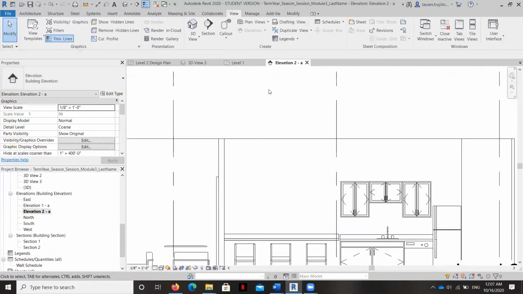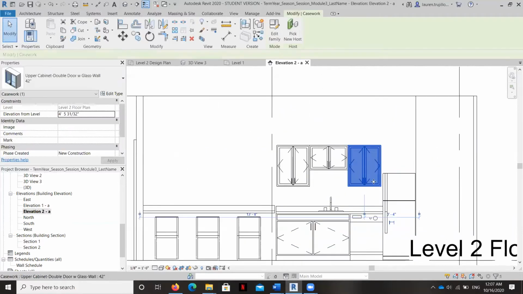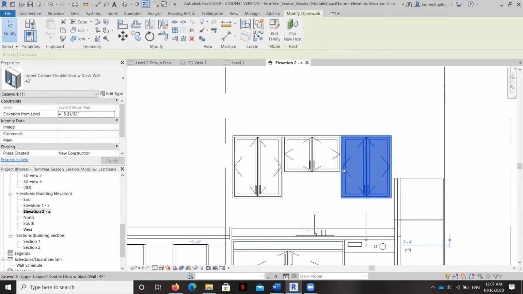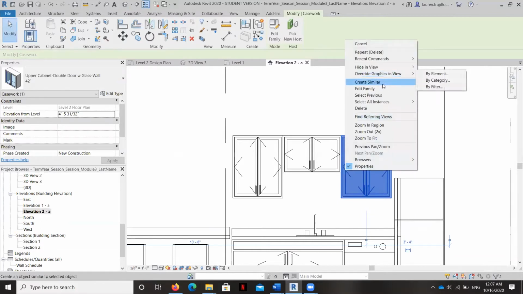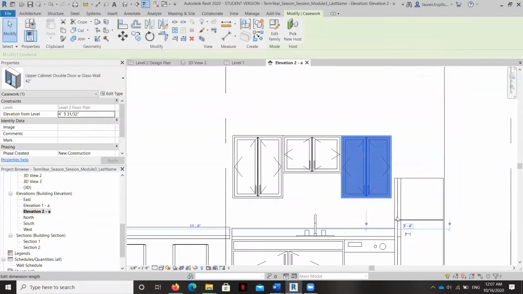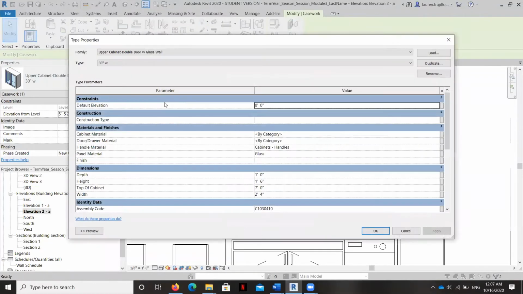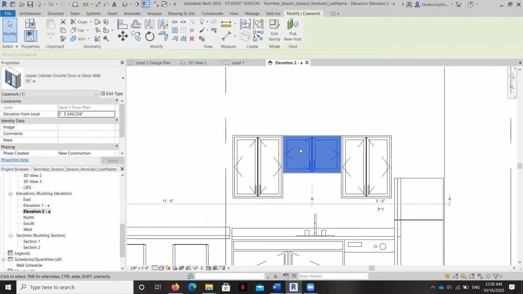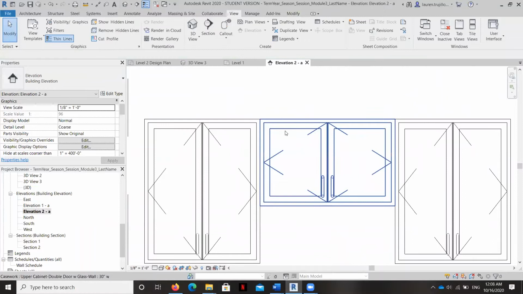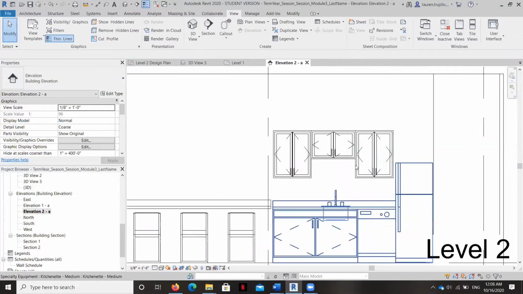And you can see here's our kitchen. Now, these are the original 42-inch ones that I placed. Then I did a right click, and I did an edit type here, duplicated, and then created this one, which is, let's take a look. This one is 2 feet 4 inches wide and 1 foot 6 inches in height. Then all I've done is just moved it with my arrows to make sure that they're aligned, because we can't have a cabinet right above where someone would be washing their hands.